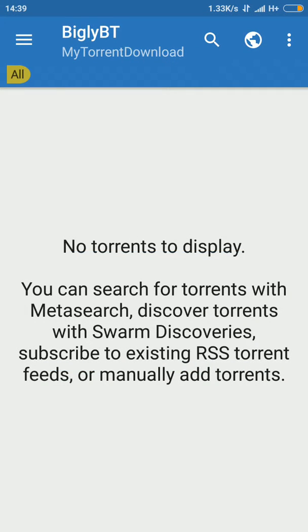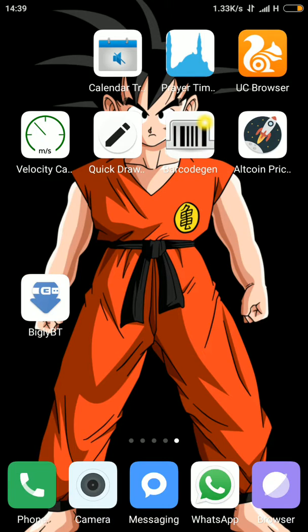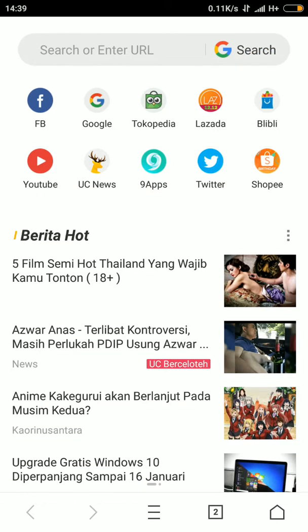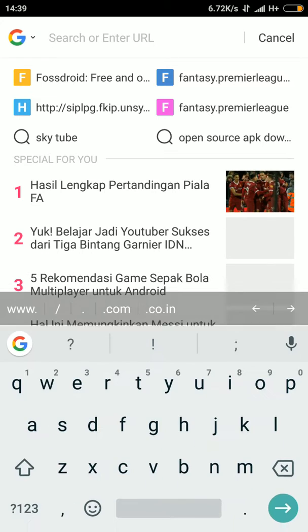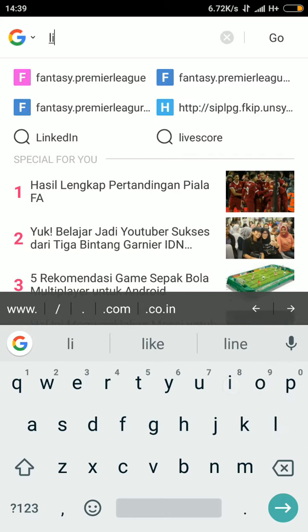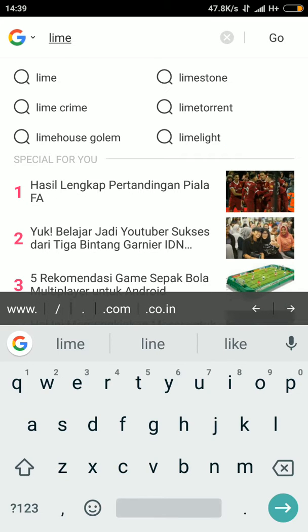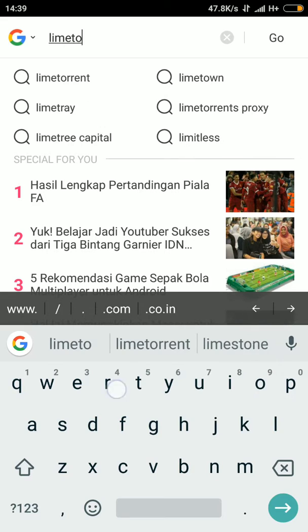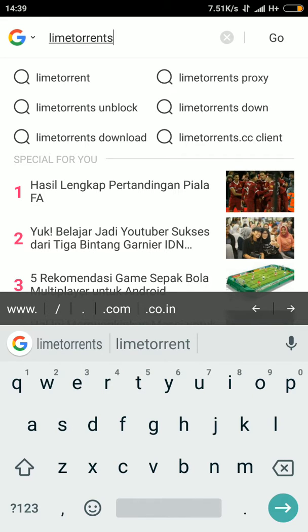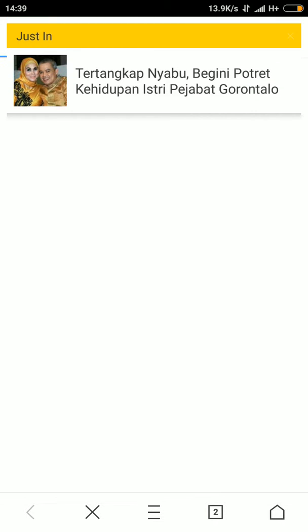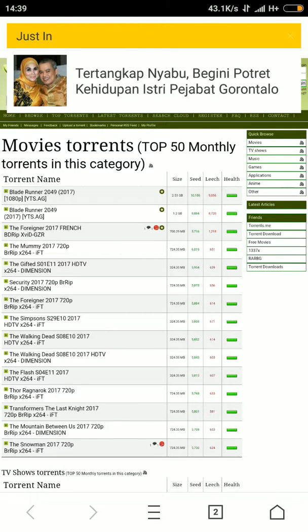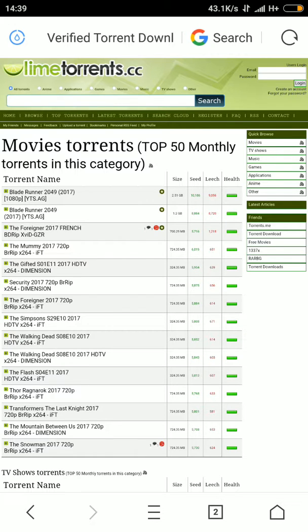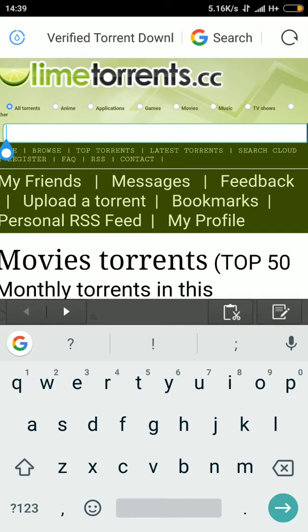Okay, we can search. So to do that, you need to open your browser and open a torrent site. In this case, I will use Lime's torrent.cc. Okay, here we are, and now just search what you want to download. Let's say a music. Let's say